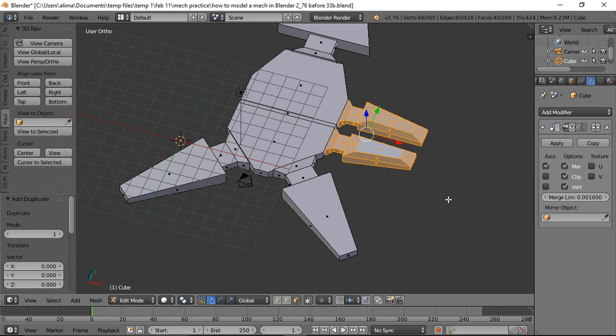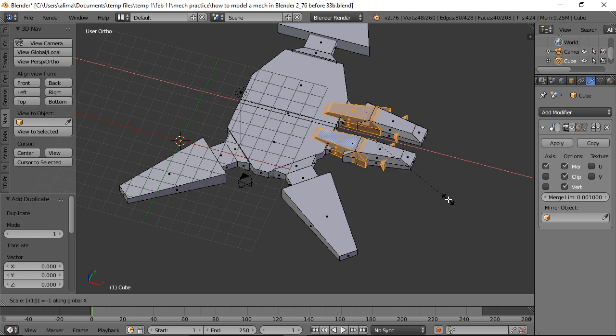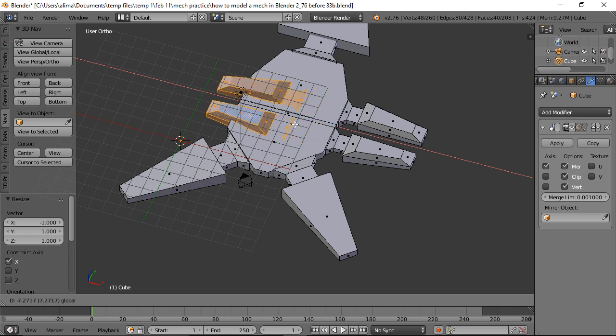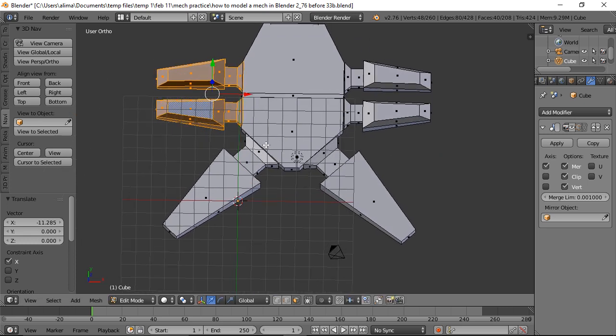So now what I'm going to do is press S to scale on the x-axis -1. Then left click to lock in. What that did was take the geometry and basically flip it to the other side. It has this strange shading on it, the new geometry, because typically when you use that technique I just used, which was S to scale on the x-axis -1,